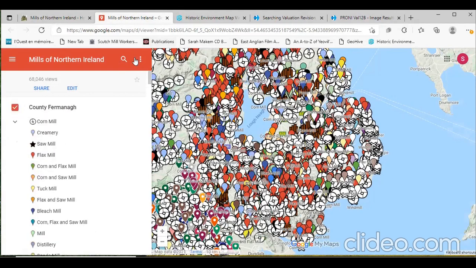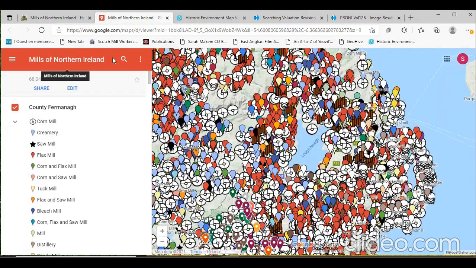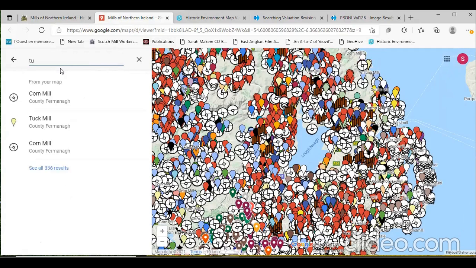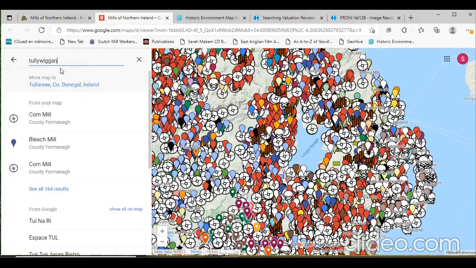So I'm just going to show you the search function here. Beside the title, Mills of Northern Ireland, you have a search button. If I press on that, you can search absolutely anything. Obviously, do not search flax or corn because you'll get tens of thousands of results. The best thing to do is, if you know what townland you're from, type that in. So if I look for the townland of Tullywiggan, for example,